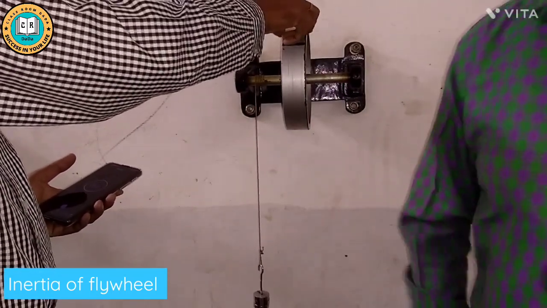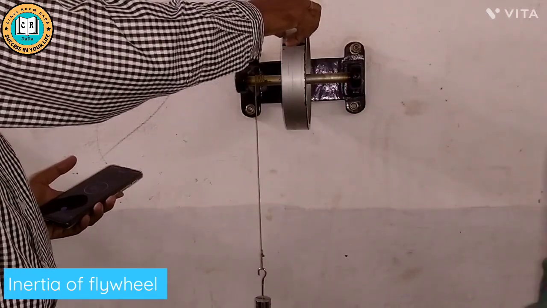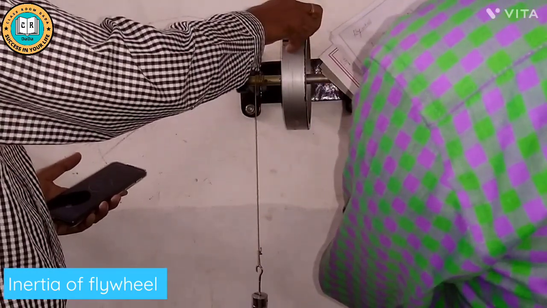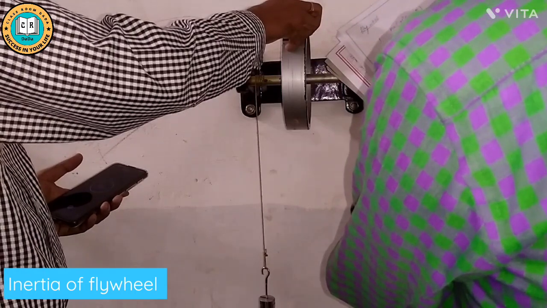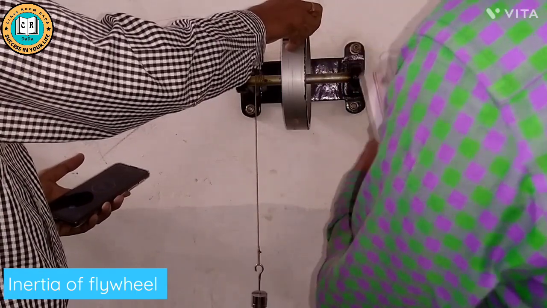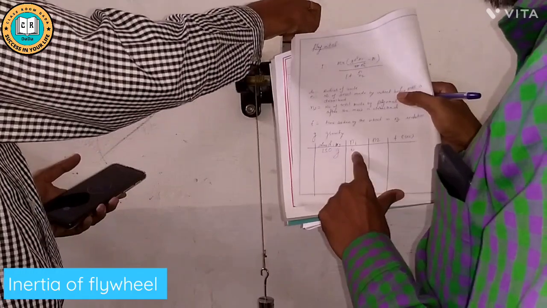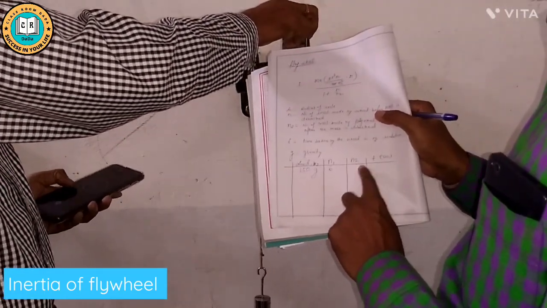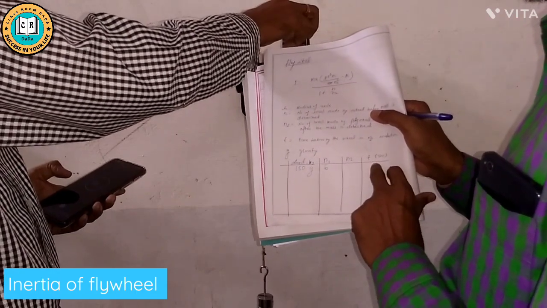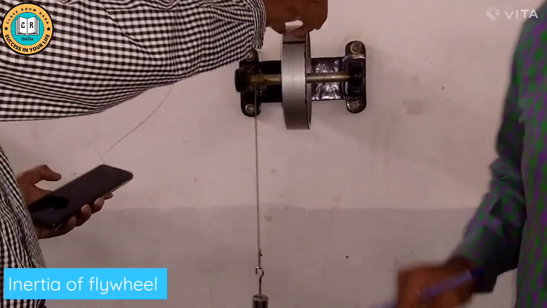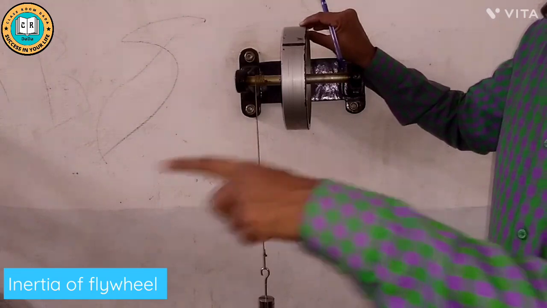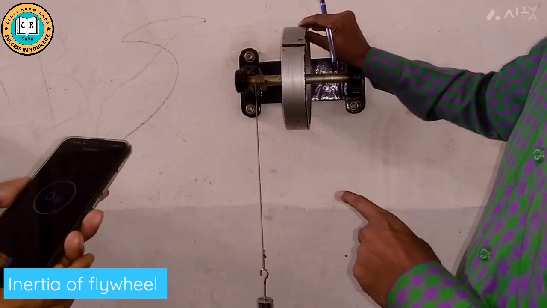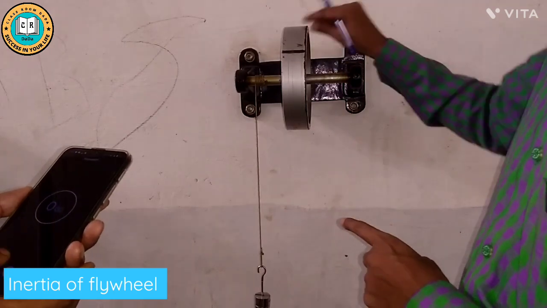By putting in these values we can calculate the moment of inertia. So we can start. N1 is already provided as 6, and the 150 gram mass is already provided. We will note the next parameters, N2 and time. For that we will perform the experiment. A stopwatch will be needed to note the time.